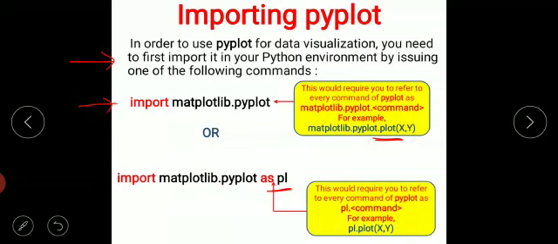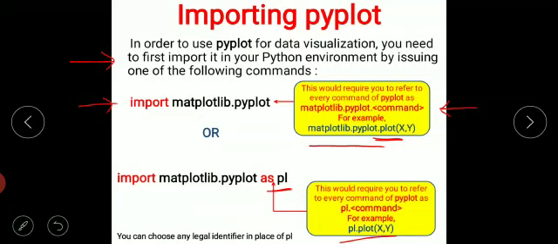Here you can differentiate, children. If you are not providing the alias name, then for every pyplot function which you are using, you have to write like matplotlib.pyplot. But if you are using the alias name, then you only have to write the alias name dot command name, like here pl.plot(x, y).